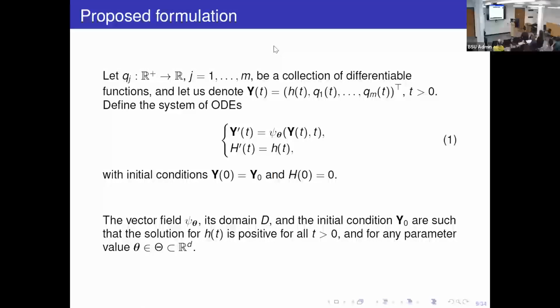And also, we are adding one more state, which is that the derivative of the cumulative hazard function is the hazard function. From a mathematical perspective, this is trivial. We know that's obvious. But from a practical perspective, this is very important because it means that the solution of this system will give you the hazard function and the cumulative hazard function. And then we know that the likelihood function can be written when you have the hazard and the cumulative hazard. So that's the reason why we are adding this additional term. And then we have some initial conditions that I'm going to discuss in more detail, which are the initial conditions for all of these quantities here.